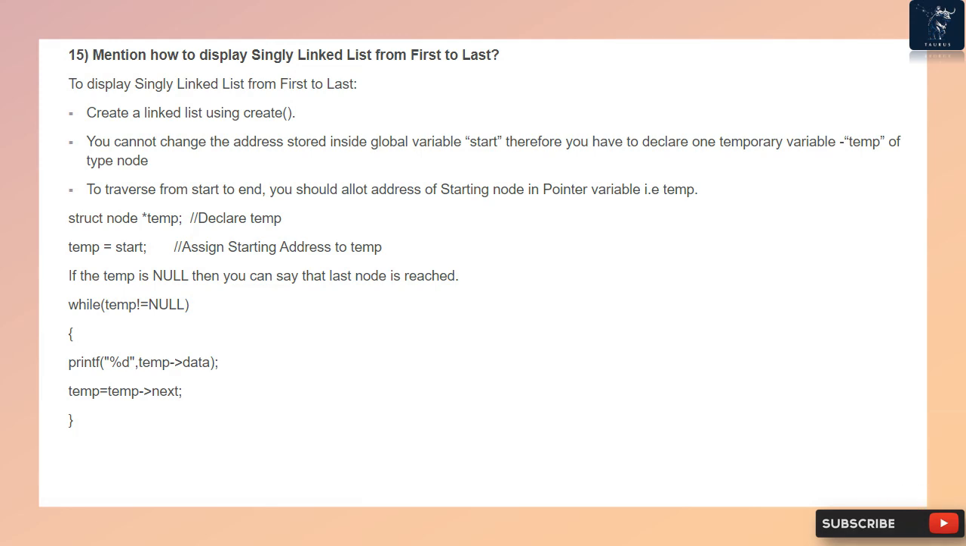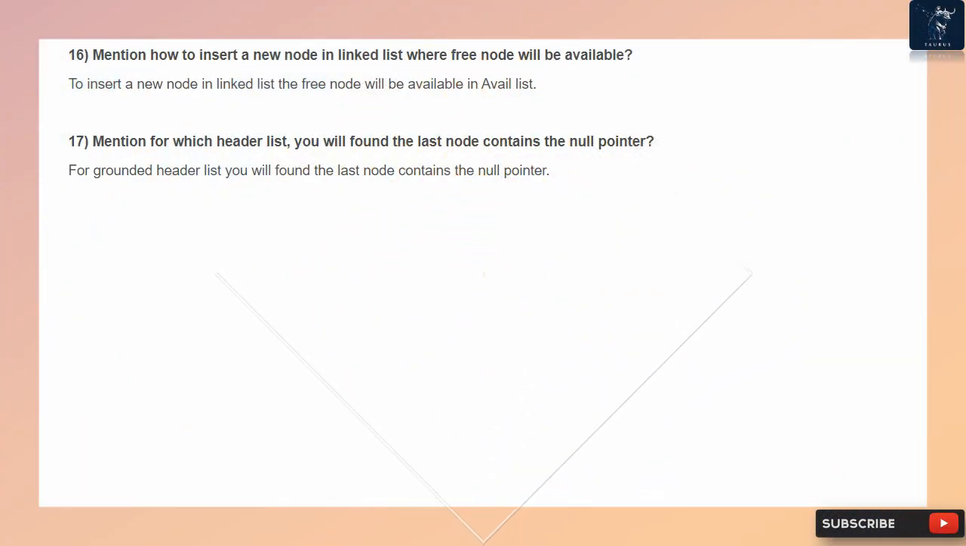struct node *temp; /* declare temp */ temp = start; /* assign starting address to temp */ If temp is null, then you can say that the last node is reached. while (temp != NULL) { printf("%d", temp->data); temp = temp->next; }